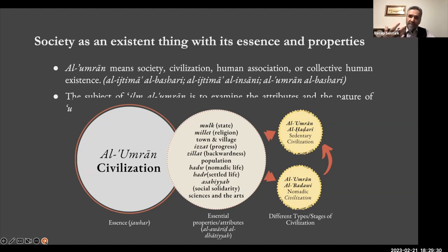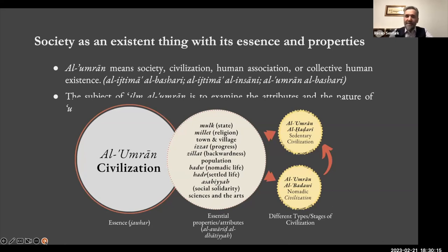Like, let's say, politics changes, the forms of state change, and the same way religions change, economy changes, and the level of progress of a society, power of a society, development or decline of society, nomadic or settled urban life changes, and the level of solidarity, sciences, arts, these all change. So Ilm Umran studies how these things change and why they change. What are the causes of change in politics, religion, economy,